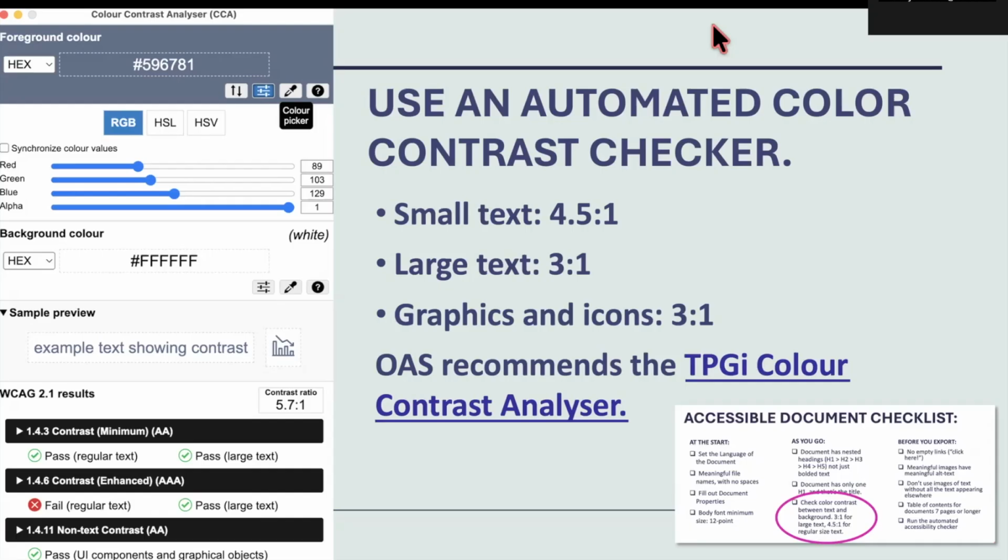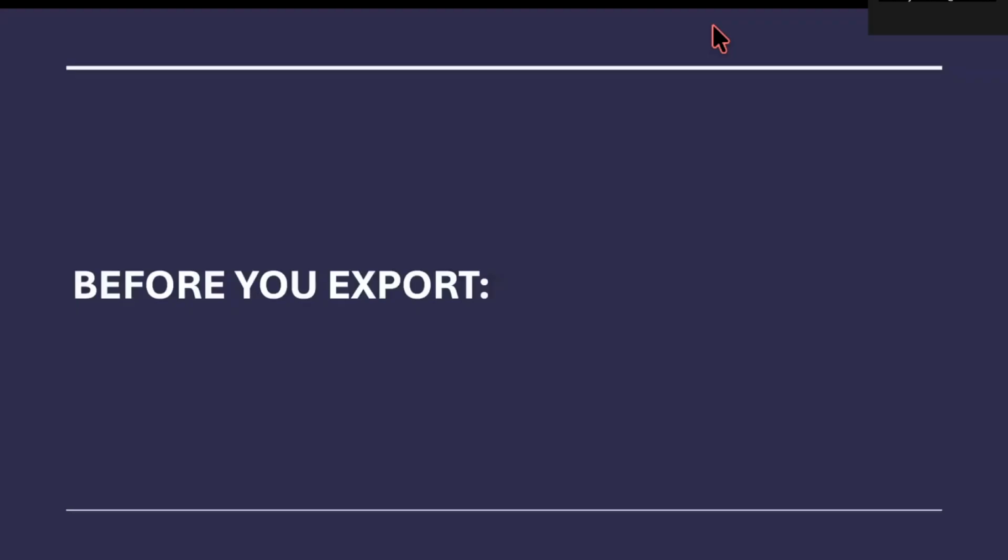This is free software. You download it and install it on your machine. It doesn't care if you're Windows or Mac, and you can just pop it open and use it in all sorts of software. So you can use it with all the Microsofts. You can use it when you're building web pages. You can use it when you're in Adobe Illustrator. It's standalone software. Okay, you have added content. Maybe you've written an entire book about cheese because you got up early today. So what are we going to do for accessibility before you export to a PDF? We're going to do a couple last checks of your source document before you export.